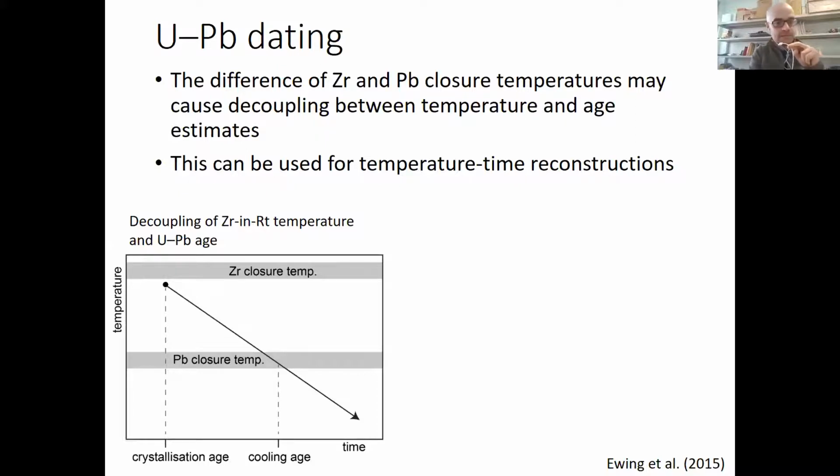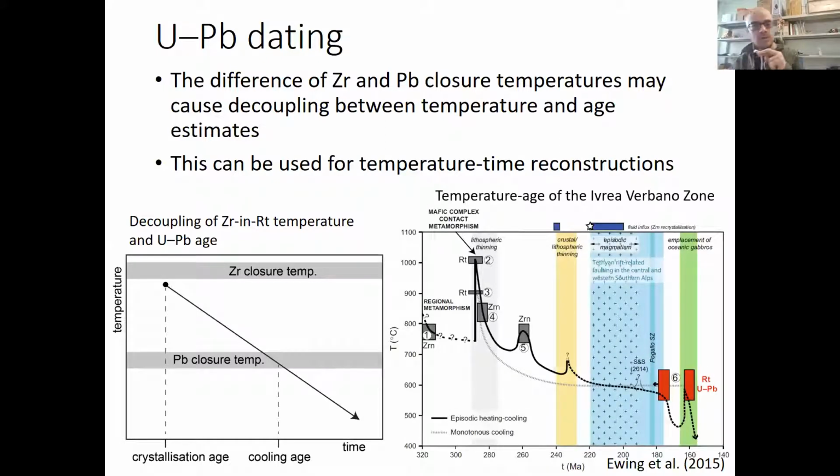But the zirconium in rutile temperature estimate will reflect the crystallization conditions. So there will be a decoupling between the two. Now, this is a problem in general, but it can also be used as an advantage when we want to do temperature-time estimates. For example, in this case, in this study by Ewing et al. 2015,